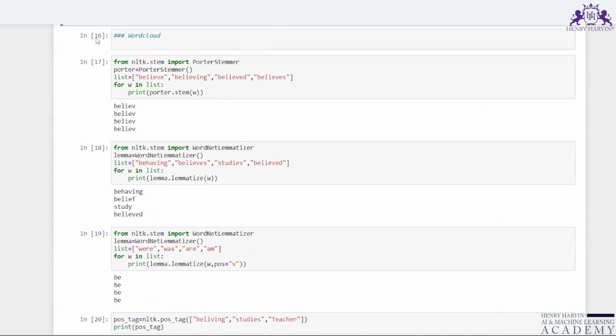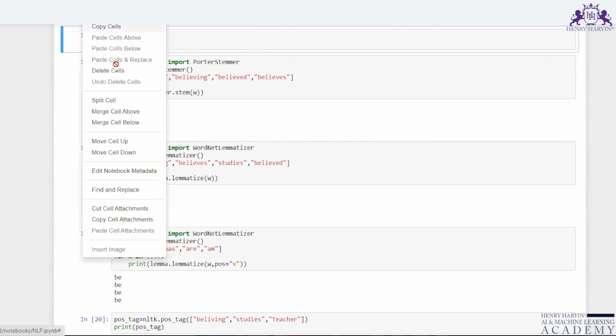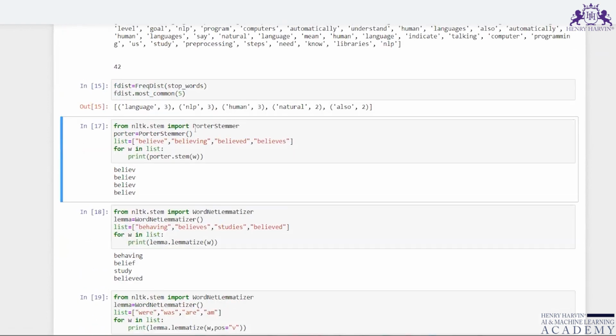Now what I'm doing is, I want to do stemming, right? So let us try to understand what is this stemming. Stemming is, say for example, I have words like believe, believing, believed, believes. So that may not be really required, to have all the words. Otherwise, the count or the characters are going to be higher. To minimize that, I'm using this Porter stemmer.